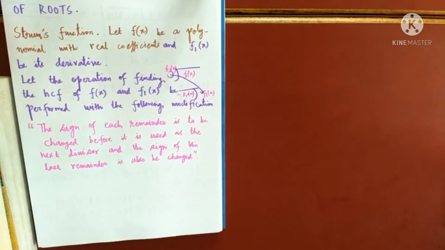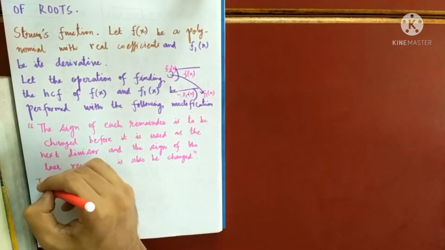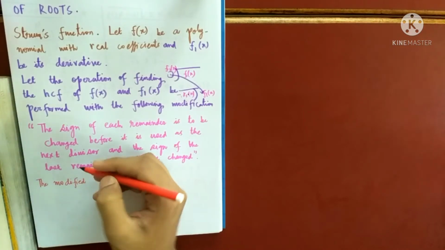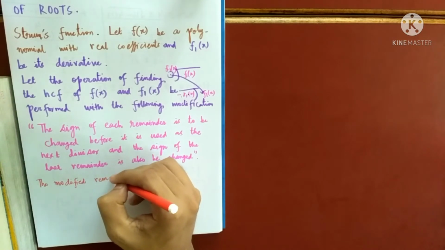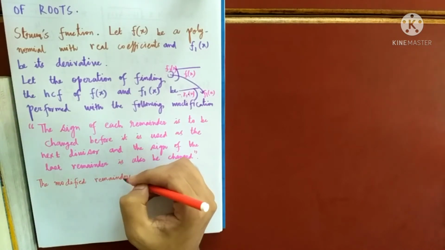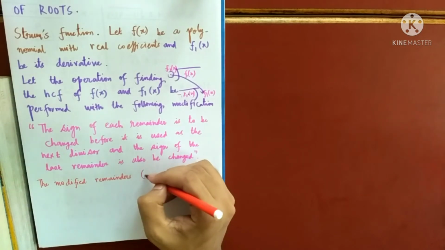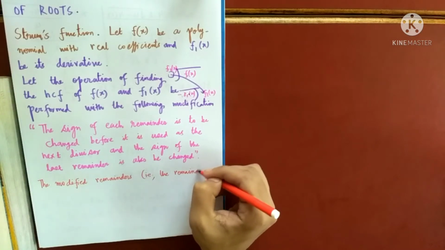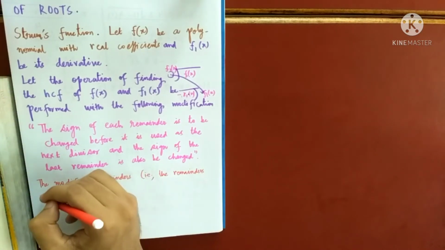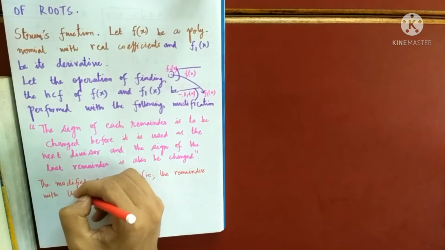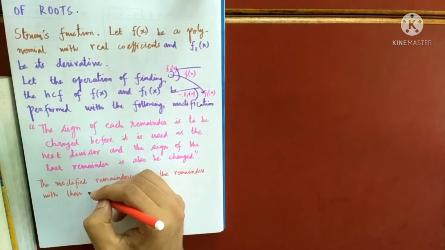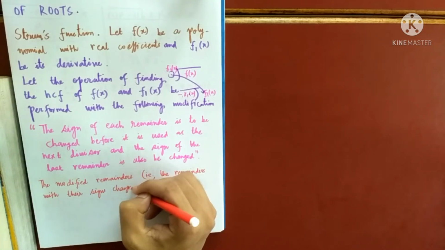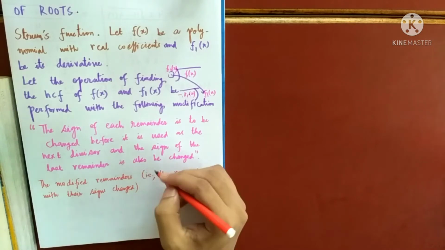Okay, so the modified remainders. What do I mean by modified remainders? The remainders whose signs are changed. So the modified remainders, that is, the remainders with their signs changed, I am calling them modified remainders, and they are denoted by